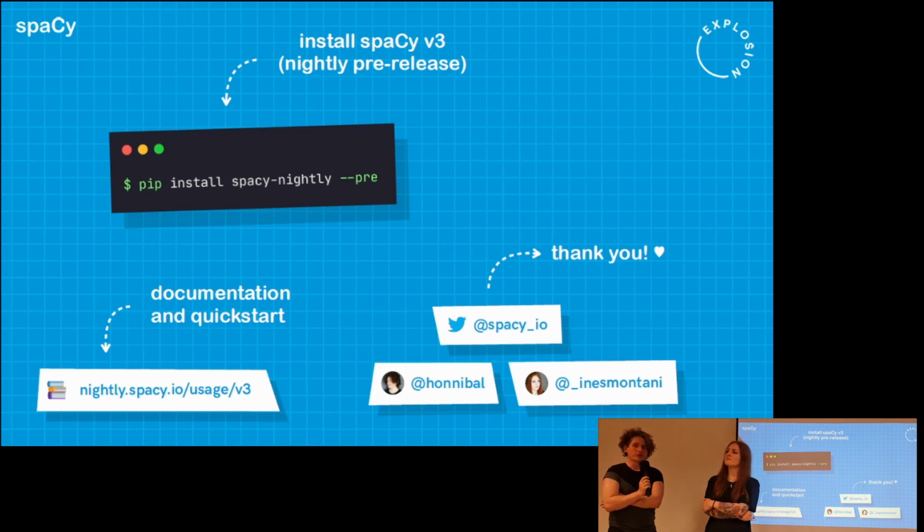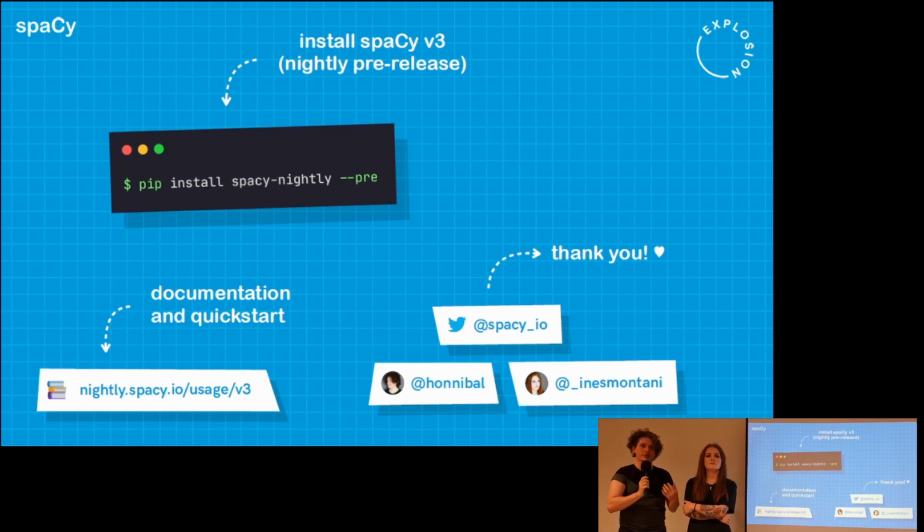A thing that we didn't talk about very much in this is our annotation tool Prodigy, which is a commercial product which makes it easy for people to annotate data themselves, to train their own models and use their own tasks. And I think that the move to transformers dovetails with the vision that we had for this annotation tool very nicely.